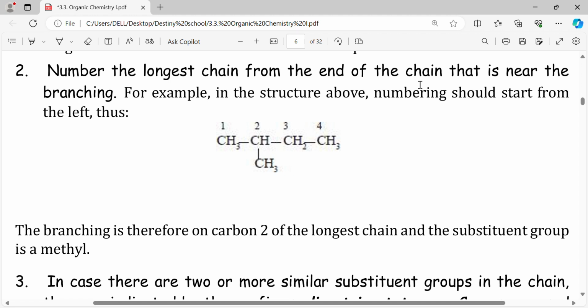Okay, this is what we mean by that concept. So this thing, you can count it from left to right or from right to left. The only thing that you consider is that let your branch have the lowest number as possible. Because we want our branch to have the lowest number as possible. Okay, so for example in